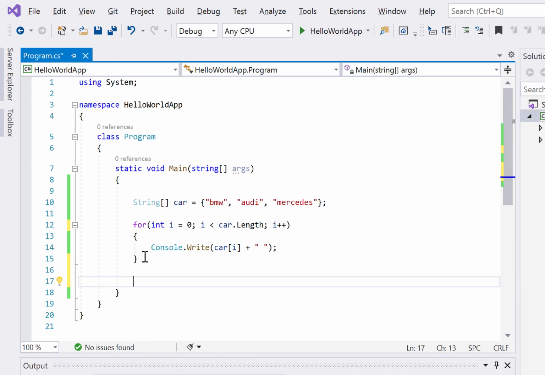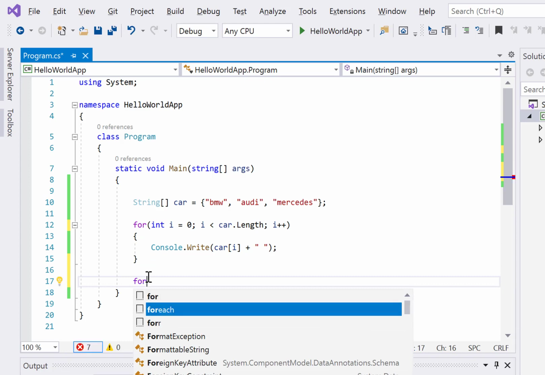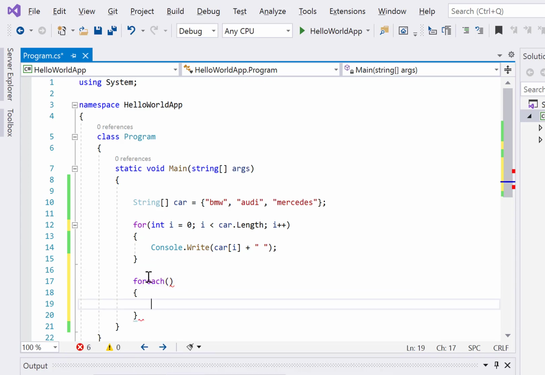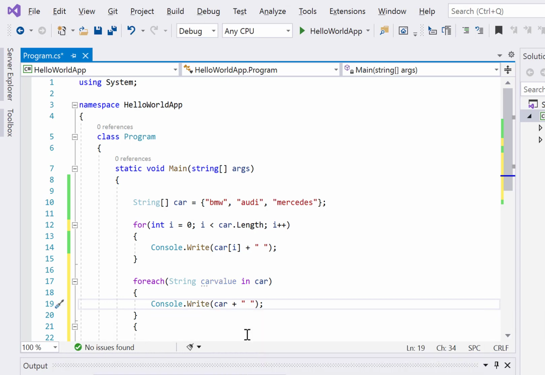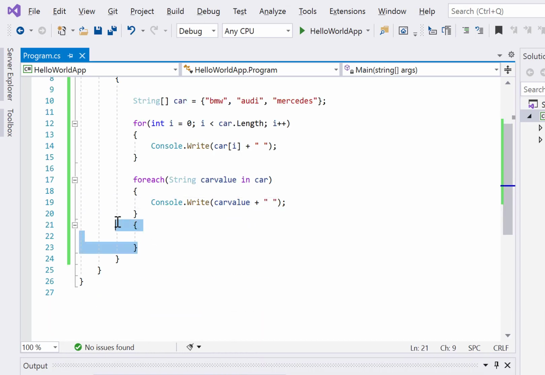So we can operate the array via the for loop, and similarly we have another for loop as well, which is like foreach. So that is also something we can use if you want to iterate on the array. Because let's say if I want to operate on this car, now what is the type of this one? The type is string. So I will say string car value in car, right? And let's say if I want to print the values, so I'll go here and I will say that I want to print the car value, right? So that's what it will do.